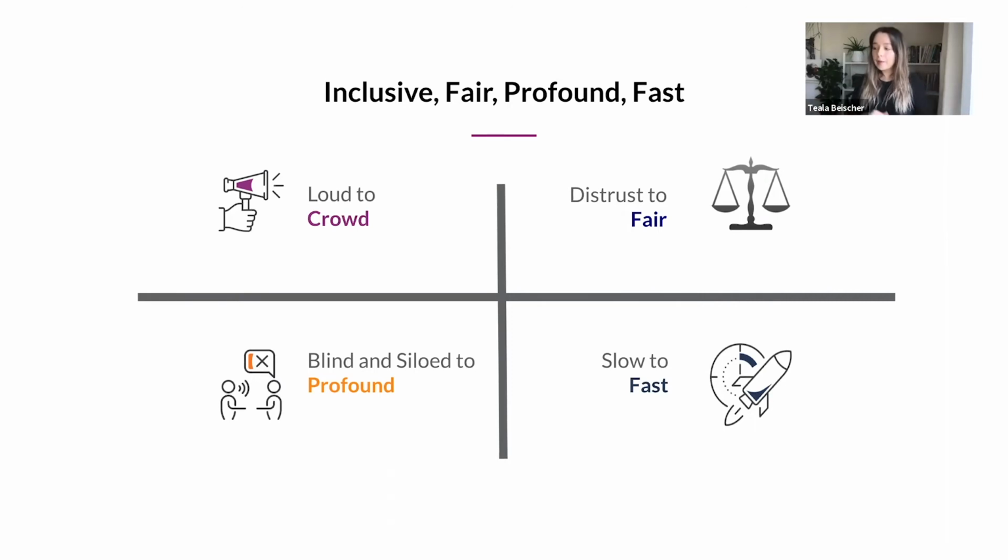And so if you think about the concept, let's use blind and siloed to profound as an example, because right now most people are working remotely, or many people are working remotely. And there's lots of different opinions and maybe efficiencies, workflows that are happening in silo. How can you bring those together and share them? Perhaps you want to run an exchange series about shared learning and skills in working remote. What can we bring together and share? And then once we've shared, what are our reflections upon that?